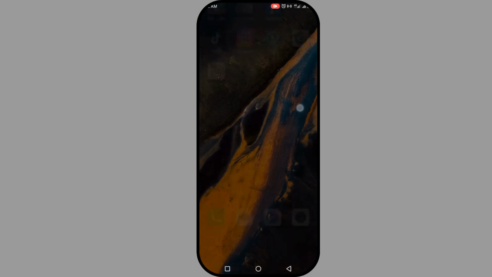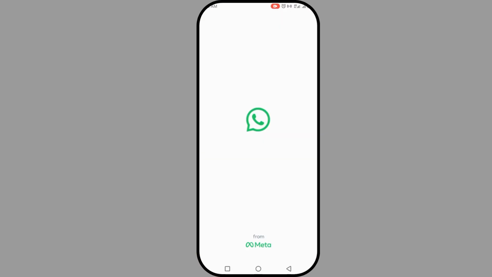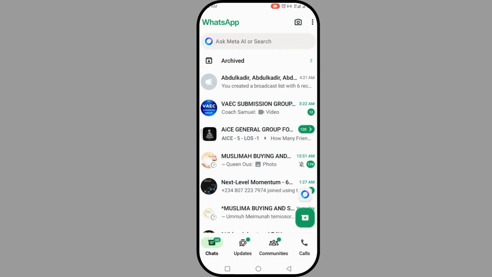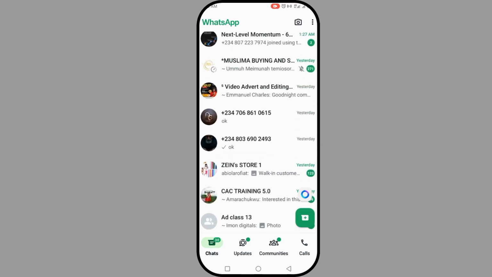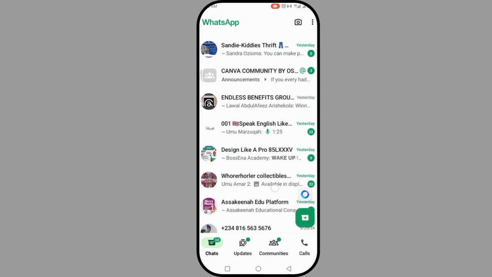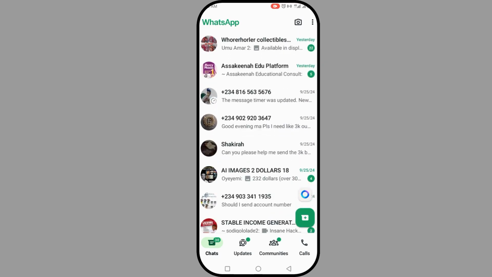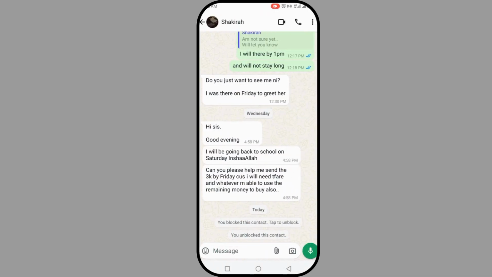What you need to do is open your WhatsApp. When you open your WhatsApp, you go straight to the person you want to pin. For example, now I want to pin this certain person's chat. Just click on that person. Once you click on it,